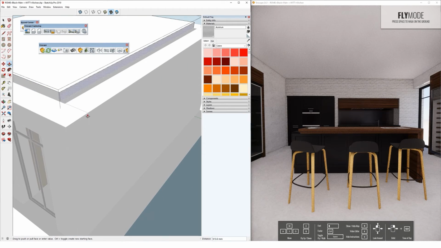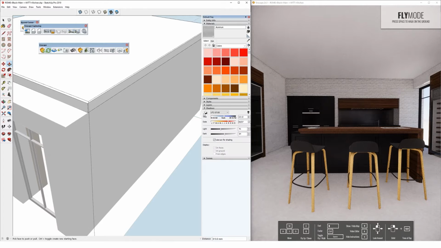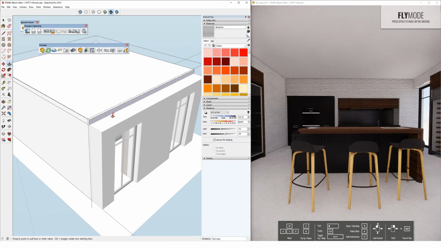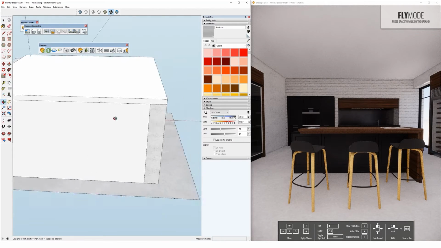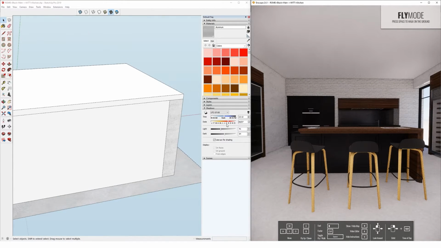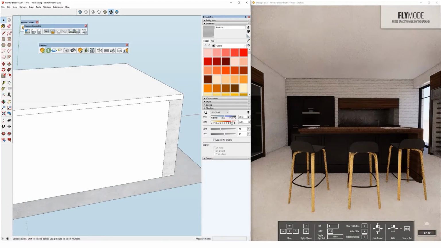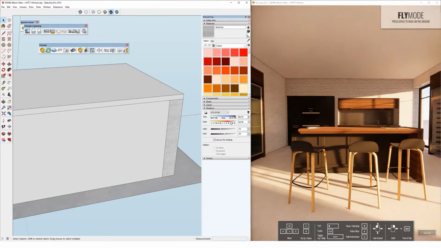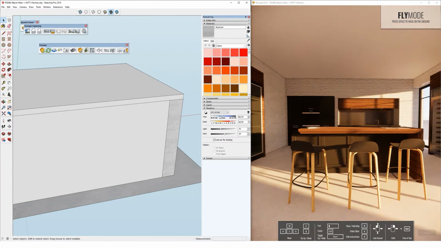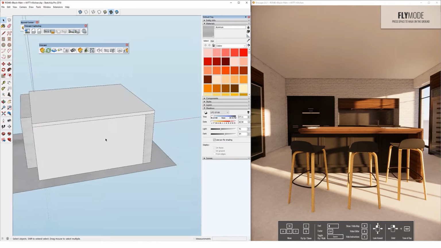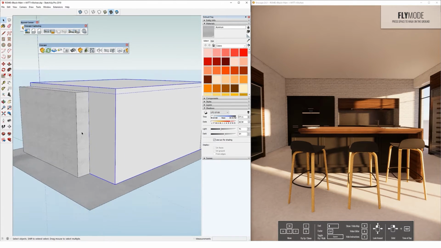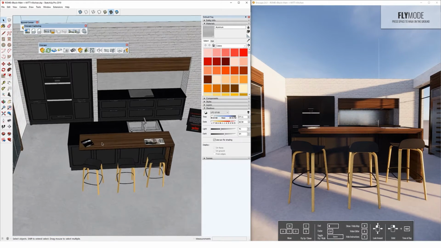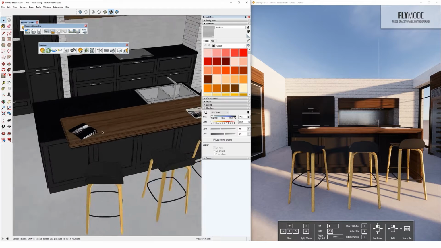Just a little cheeky tip there. Go for a nice winter's morning. Get those dramatic light rays in there. Okay, so